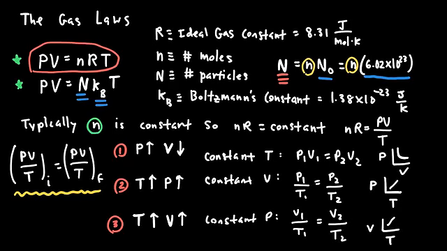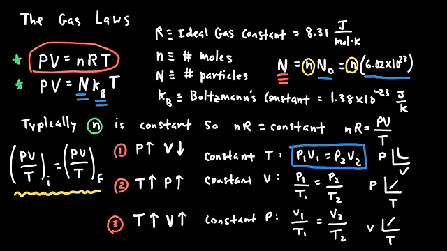First, we look at situations where there's a constant temperature. In this case, the pressure and the volume have an inverse relationship. If the pressure goes up, the volume goes down. The way that I got that equation on the right-hand side, which says P1V1 equals P2V2,